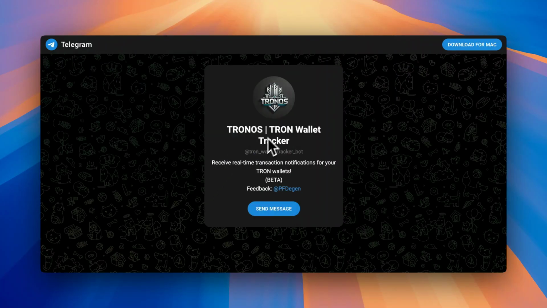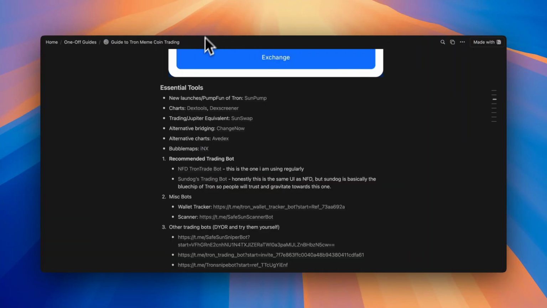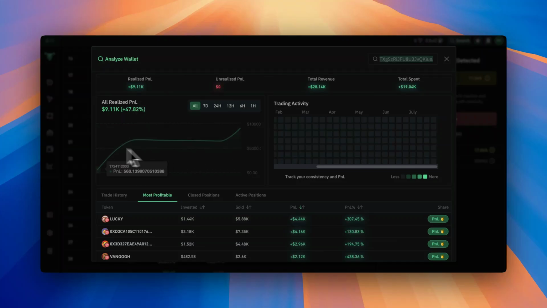So we'll see. And then after you add a wallet, just take a look at it for the next hour or the next few days and suss out if they're just straight up gambling, or if they have alpha, or if they know what they're doing when it comes to trading. Those are the things that I look at.